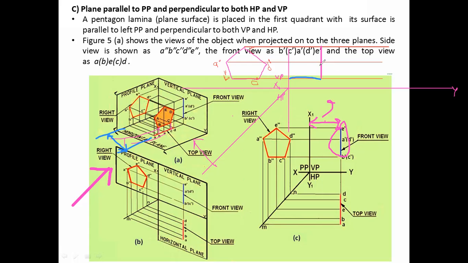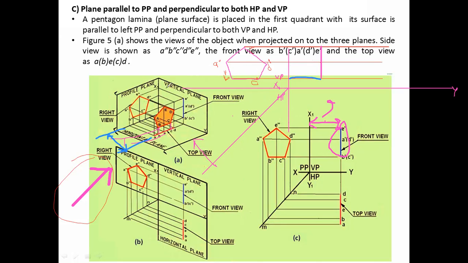In front view, you are seeing it from this direction, this arrow. You are standing here and you are looking at this point. Which point will come first?